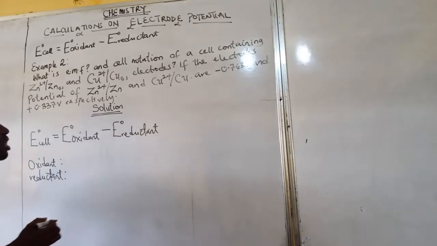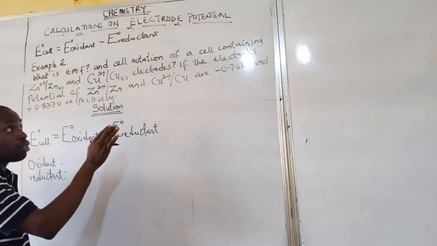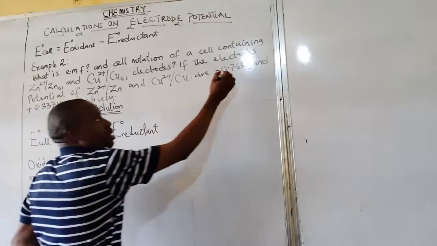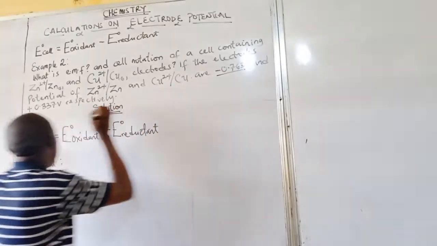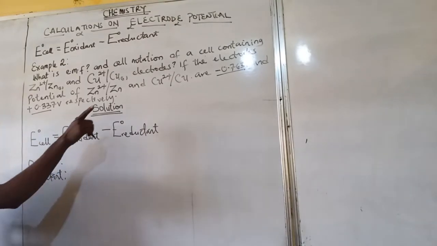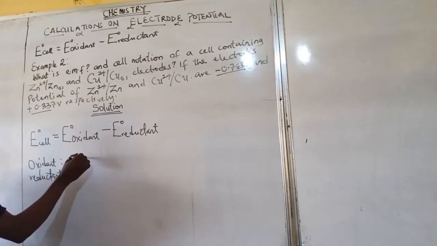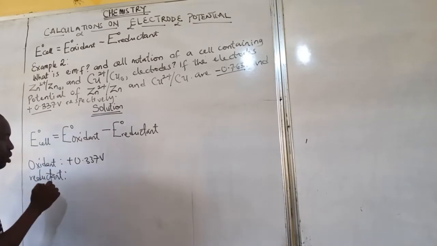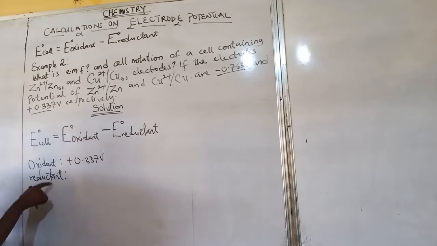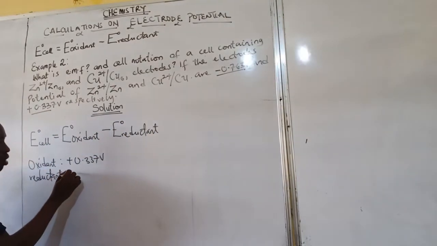And I've told you that when you are given two potential differences, one negative and one positive, the oxidant will be the positive, which is plus 0.337 volts, while the reductant will be the most negative, which is what now? Minus